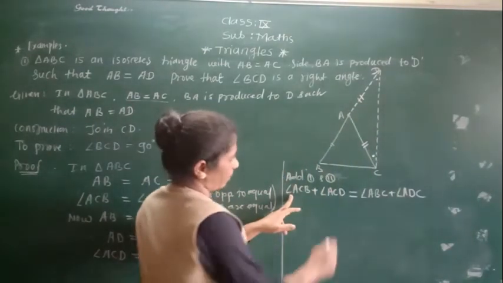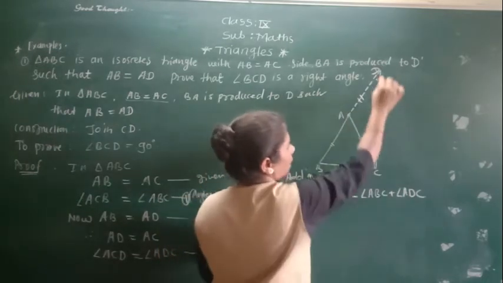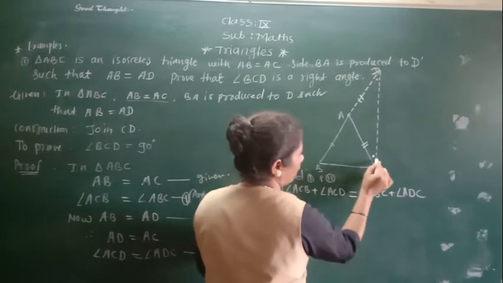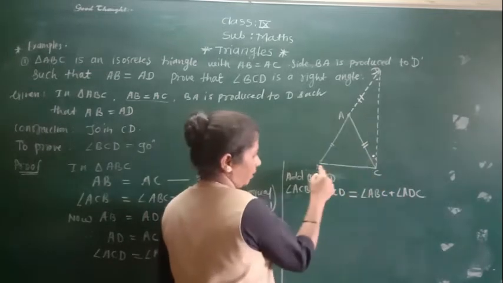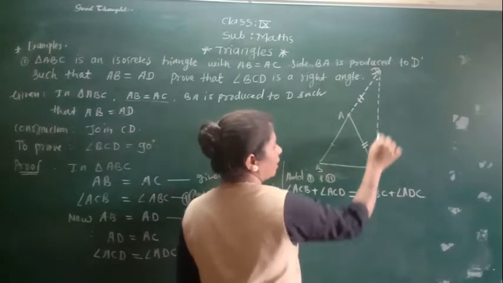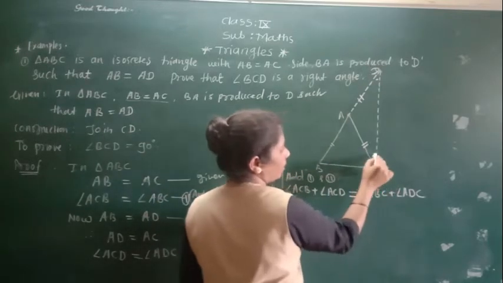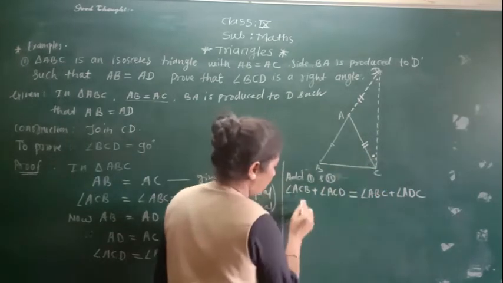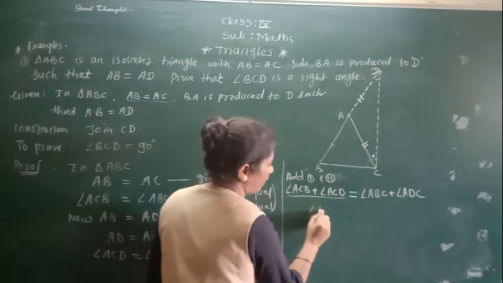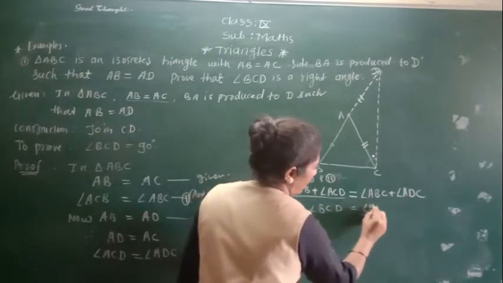Now here, angle ACB plus angle ACD, you will get this complete angle BCD. This plus this equals the whole angle. So instead of these two angles, the addition of these two angles, we will get angle BCD equals